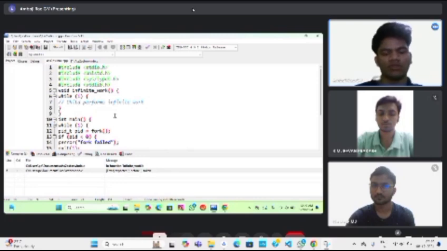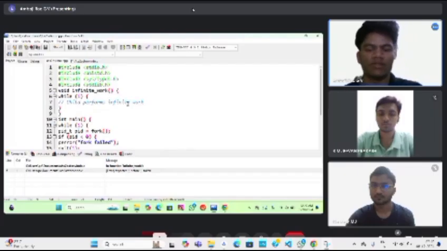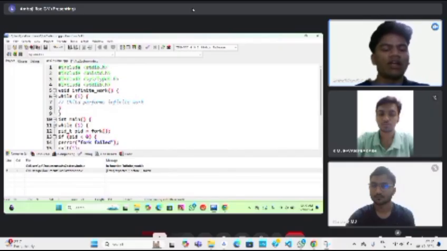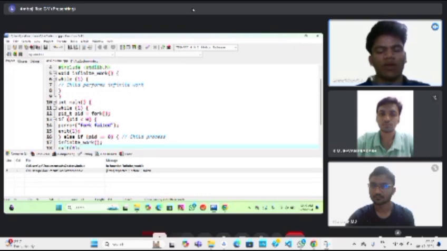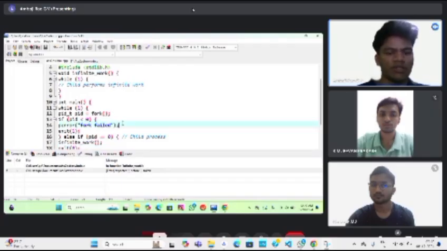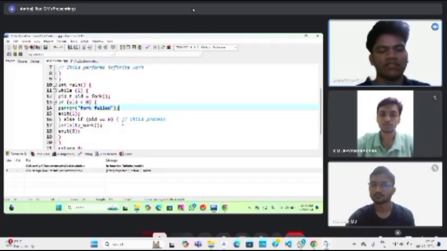The errors in this code: the infinite work function and the outer infinite loop allow unlimited process creation, leading to exponential growth of processes and rapid resource depletion. Here the child process enters an infinite loop without terminating, consuming CPU and memory. While error handling for fork failure is present on line number 14, it is ineffective as